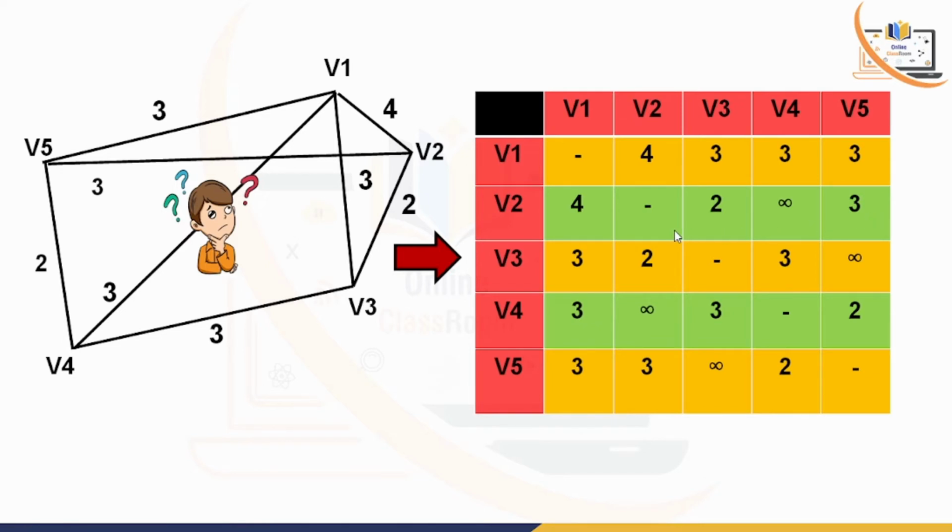Now using this same concept, we can easily fill up the third row, fourth row and fifth row for the vertices V3, V4 and V5 one by one. So that is the total construction of the matrix, and if this particular graph is given, then this is the associated matrix for Prim's algorithm.